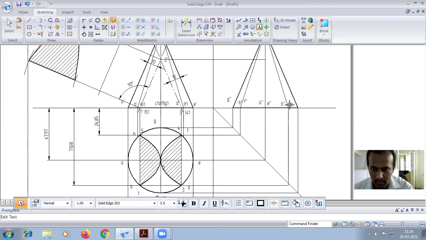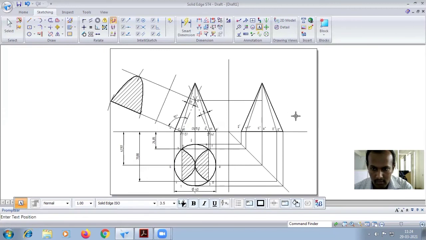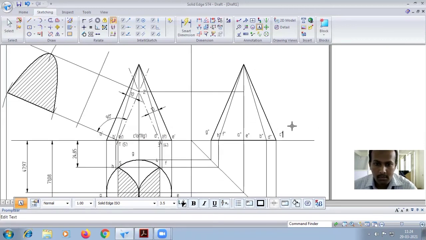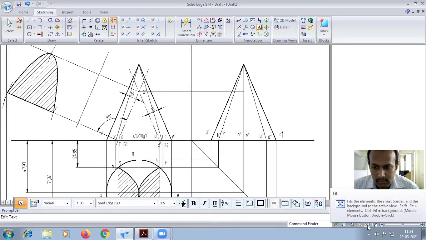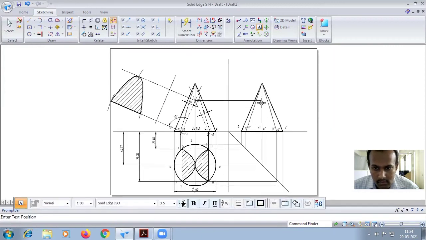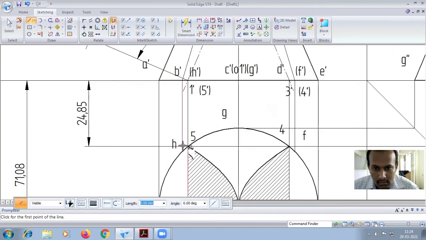Okay, naming is very important here, because from the front view to the side view the naming will change. Okay, the last one will be C double dash. Okay, I have not written the O dash upwards; at the vertex you have to write that one. Okay, and the projection of the cut section is also very important. Okay, so project the straight line carefully. You will get the 2 lines, so carefully zoom in on that one.